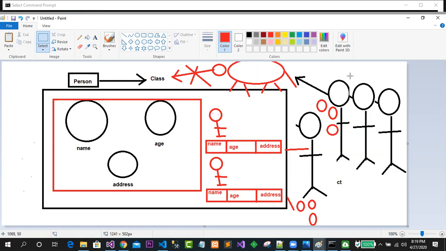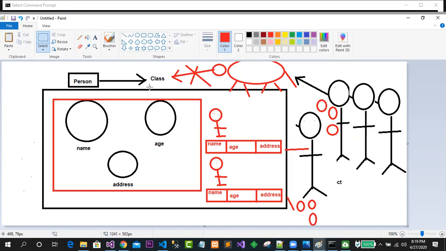Someone has asked the question: what is the real definition of class and object? Simply we can say that a class represents an object, or a class is a blueprint of an object, or a class is a logical structure of an object.